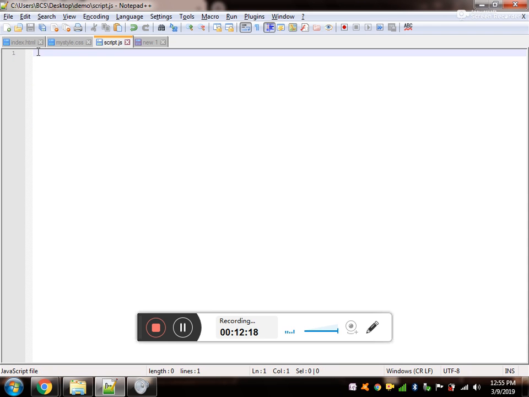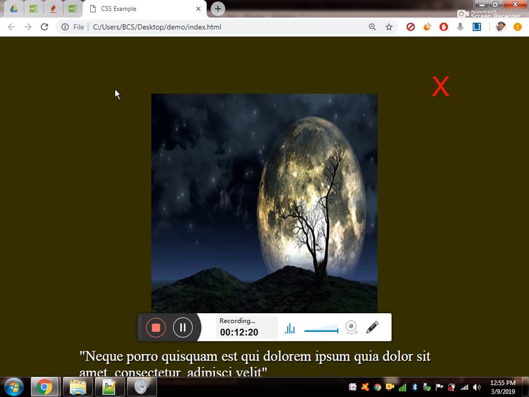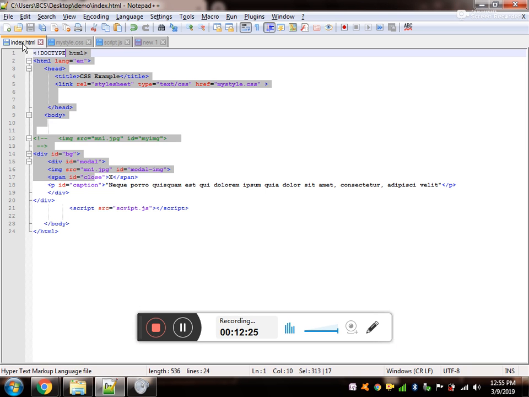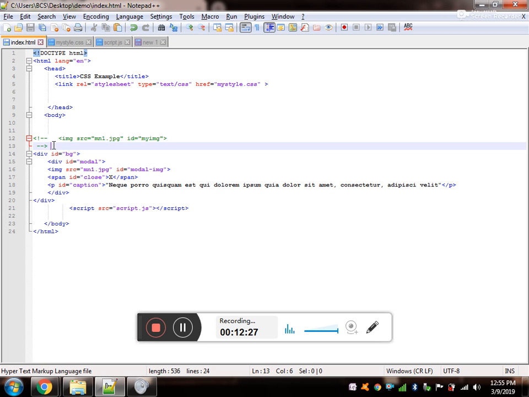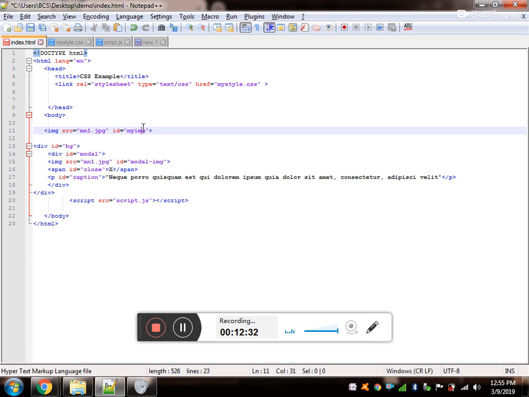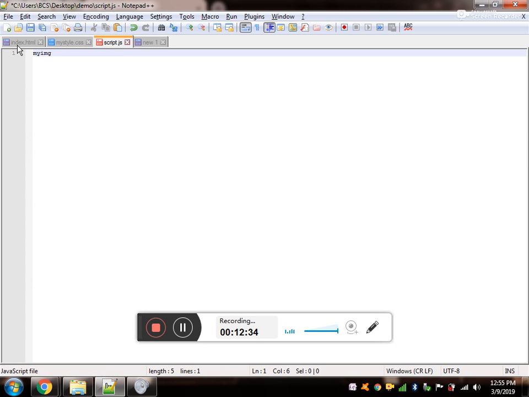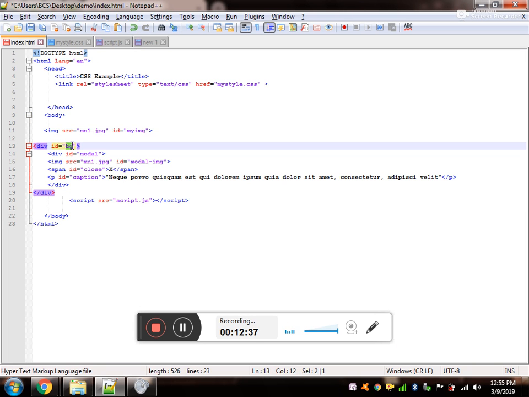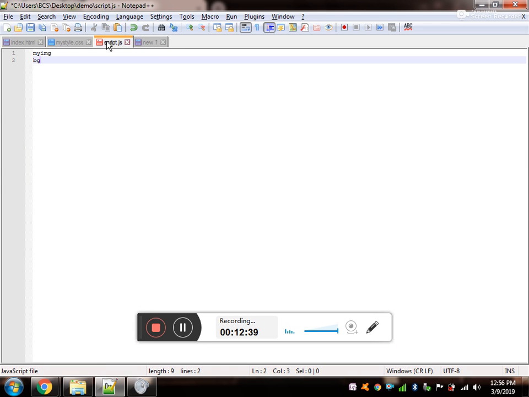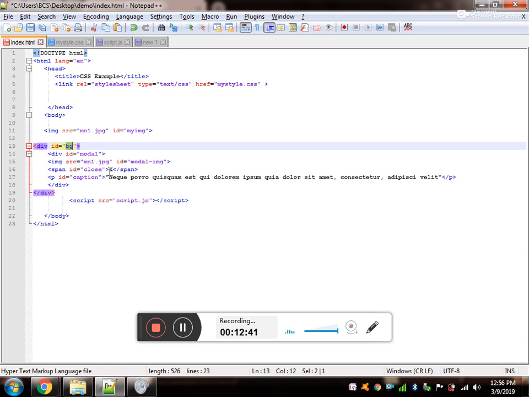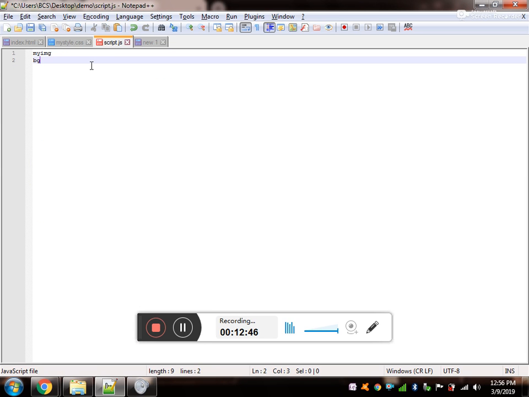Now we have to get into the script. In order for the script to understand, you need 3 things. The first one is the ID of the image. We got the ID of the image. The second one is the ID BG, and the third one is the class, the ID close. So when I click on it, it should get close. You have to place it in the variable